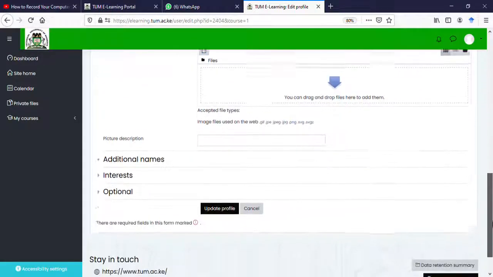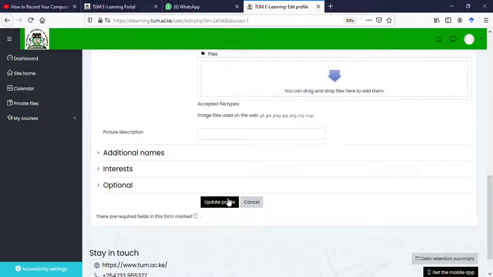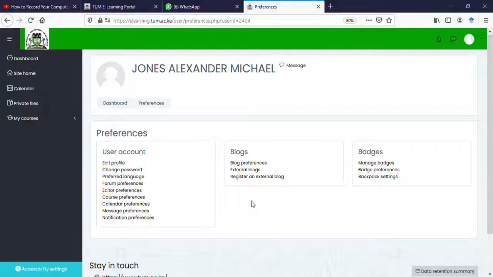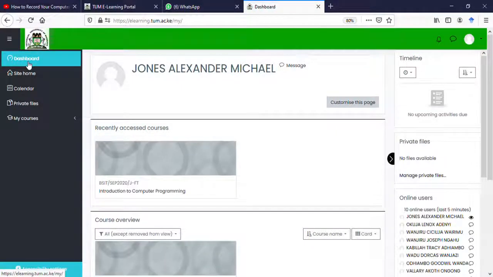And that is, once you've done that, you click the update file, it will automatically update the changes that you've made. So that's how to make changes to your profile. So I go back to the dashboard, and the next thing I wanted to take you through is how to